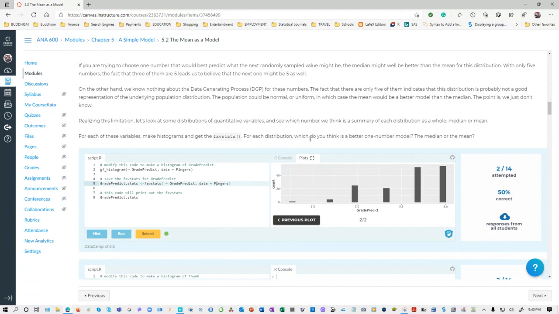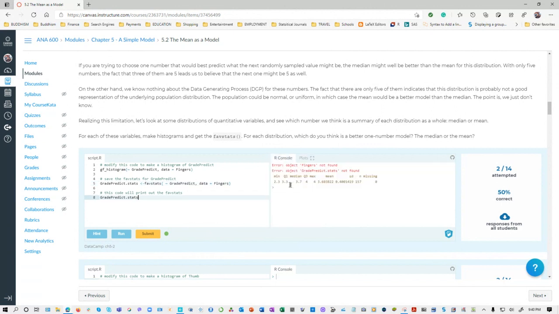Then for each distribution, what do you think the better number would be? For here, if you look at what would be the better number, the mean would be 3 point something. For this one, the median is 3.7. What do you think? They're both close. Mean and median are both close in this case. Either one is okay, 3.7. For this one, right skewed, you can use the mean if you are working with small data, but if it's a large sample, with some models you still use the